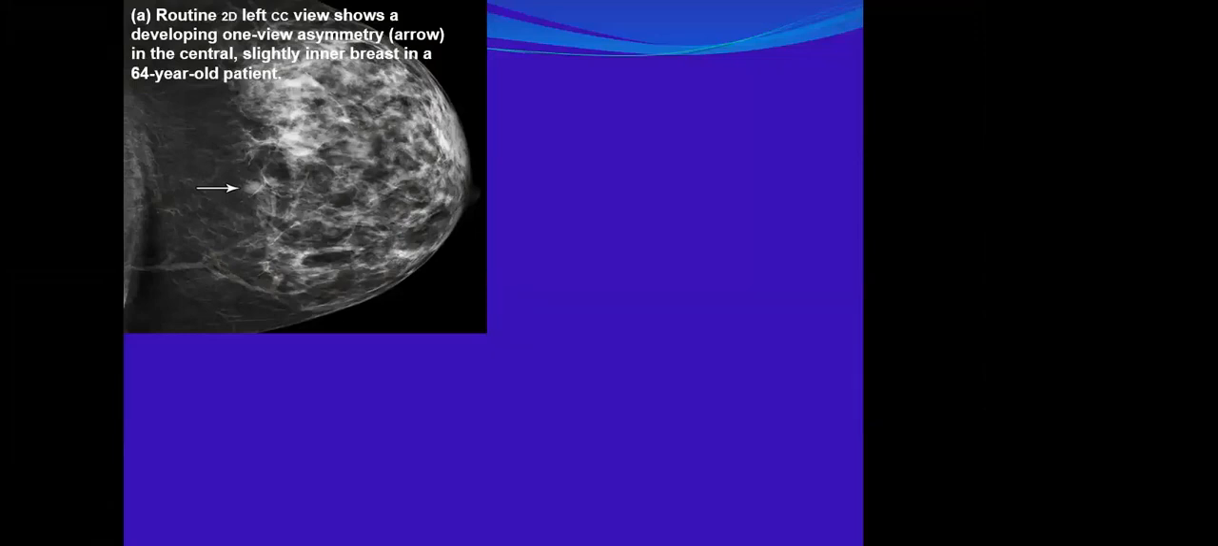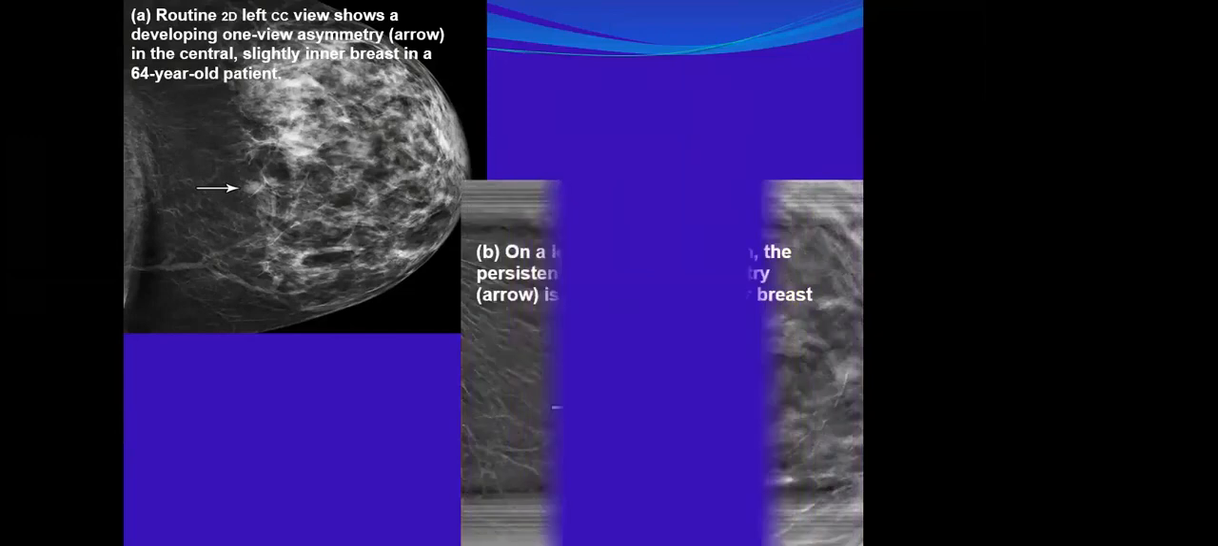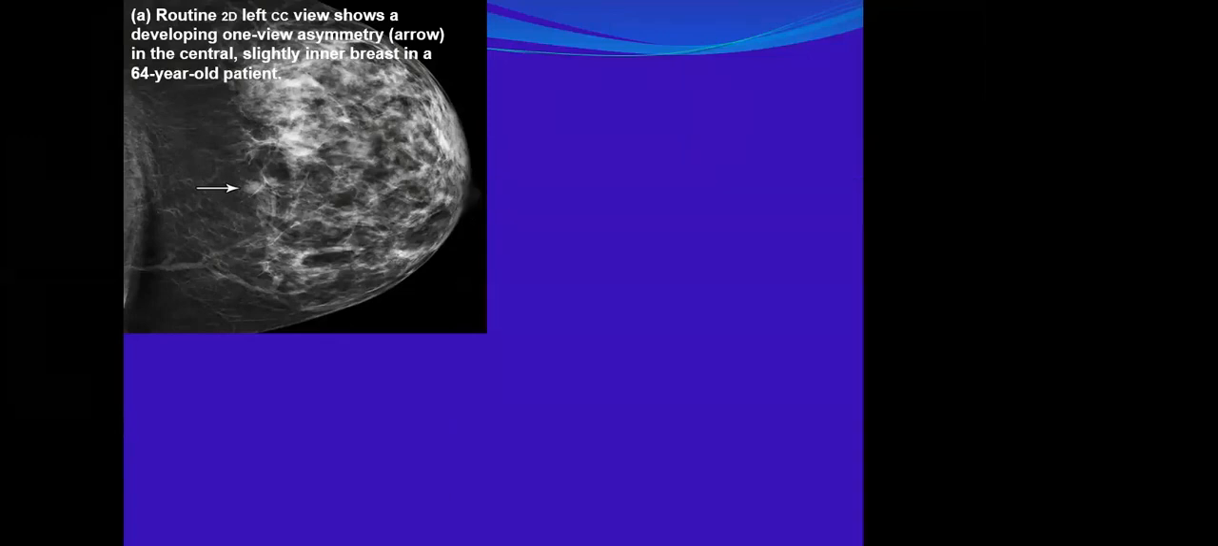This routine 2D CC demonstrates a developing one view asymmetry in the central breast. What is next? In all ladies, dense breast, what is next? Compression. Okay. If it is not seen in compression, ultrasound. If it is not seen in ultrasound,